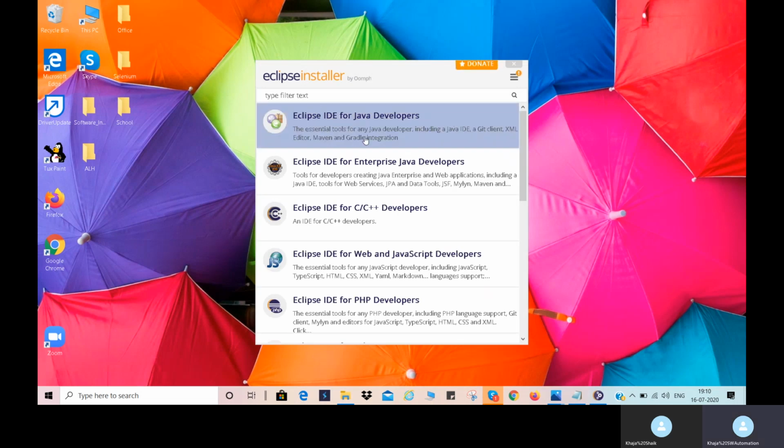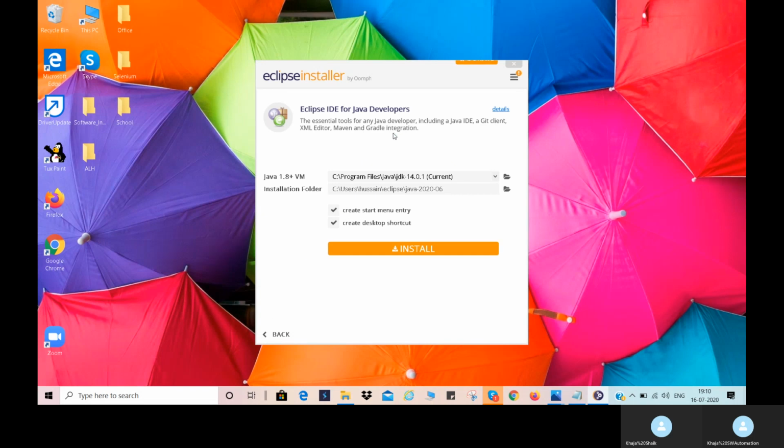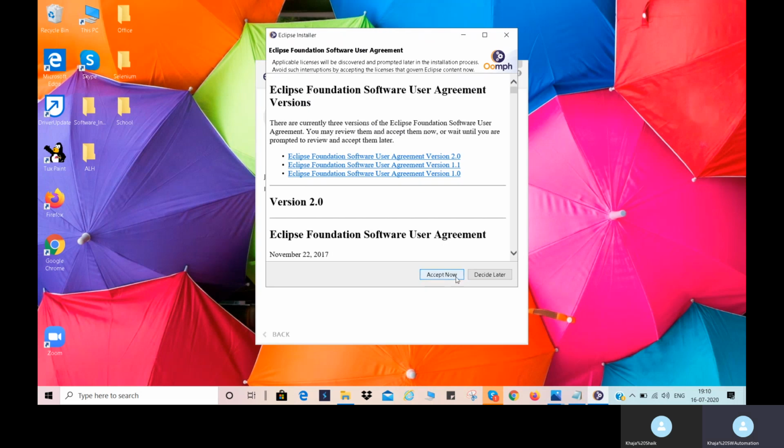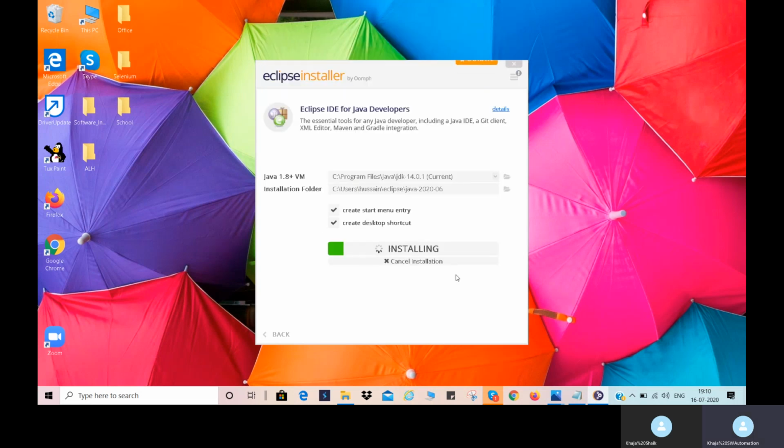Click on the first option, Eclipse IDE for Java developers. Click on install. Click on accept now to accept the Eclipse terms and conditions.